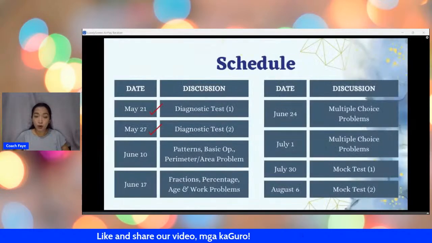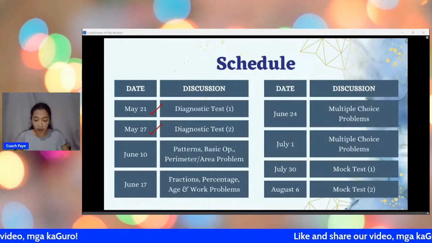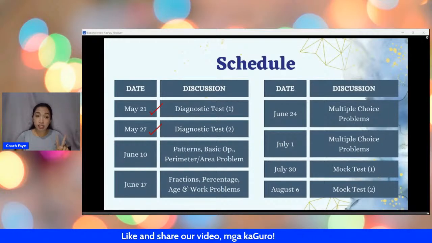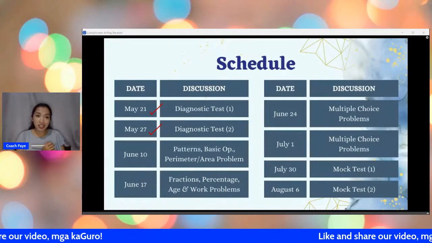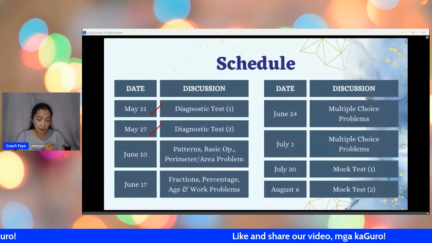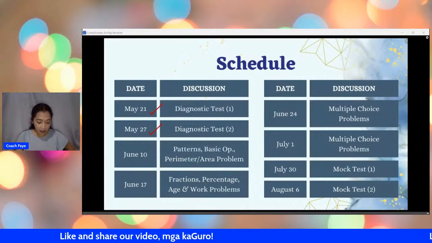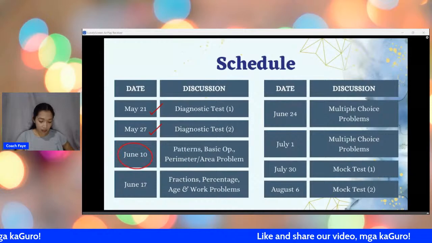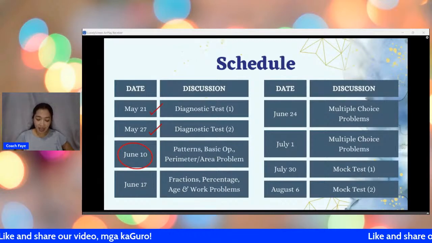Ayan po. So, recap lang po natin yung mga schedules natin for mathematics. Yung schedule po natin dito sa mathematics ay ito po. So, for mathematics, nakakover na po tayo ng two sessions here, diagnostic tests 1 and 2 na discussion. And these are available po dun sa Civil Service Review, yung mga past videos natin. Available po sa Civil Service Review group. Pero kung bago po kayo, it's totally fine. Nandito na po tayo sa discussion on patterns, basic operations, and word problems that will mainly focus on perimeter and area.